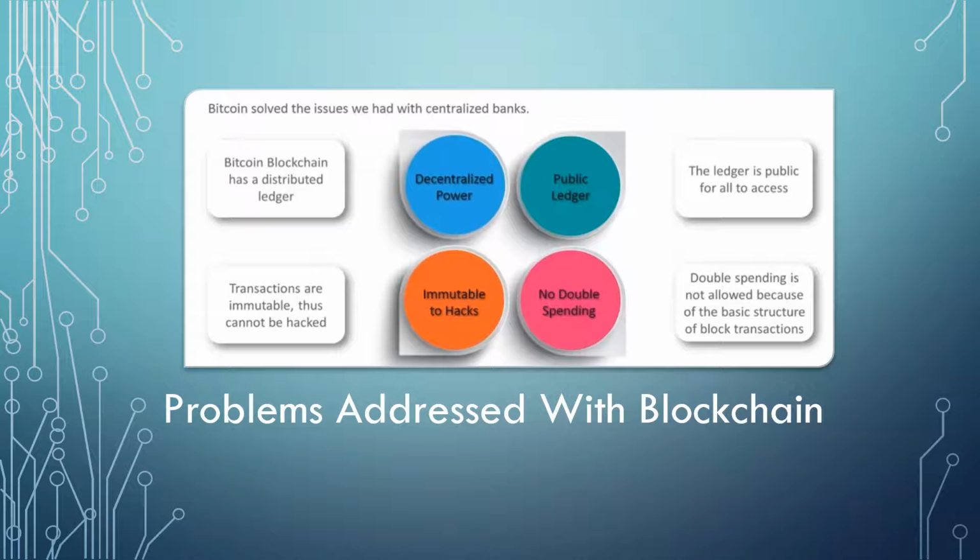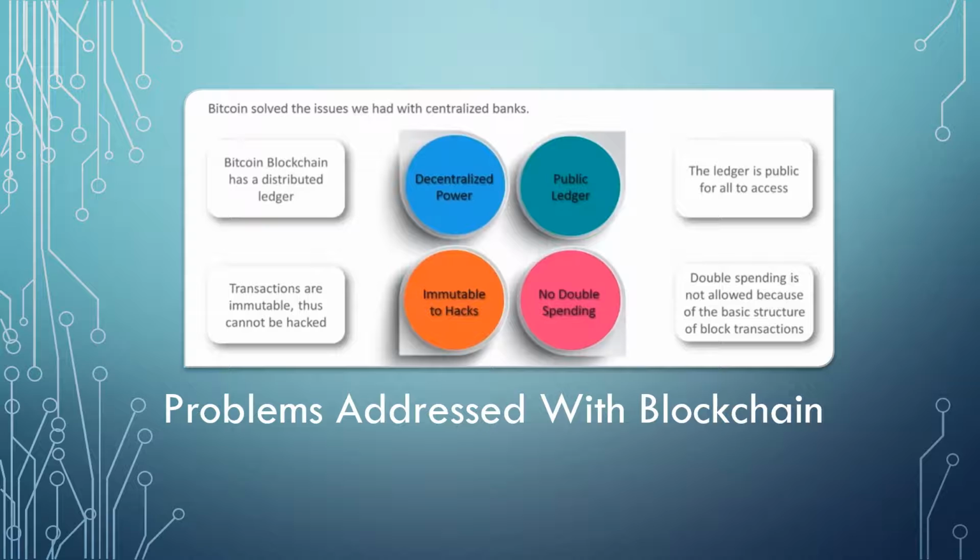The second problem that is addressed by blockchain is transparency with the help of a public ledger. When the ledger is not accessible to every member in the network, the system is not transparent. For instance, the banking system does not share the ledger, so if an unintended transaction takes place, the user will not be aware of it, and if the bank decides to invest our money in something, we have no way of knowing in which particular domain the bank has invested our money.